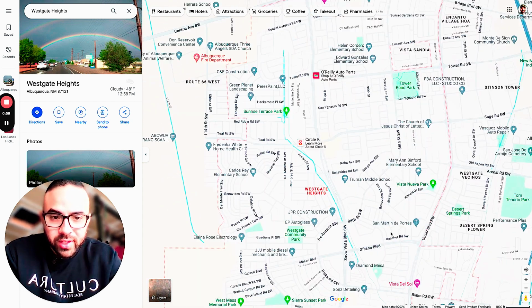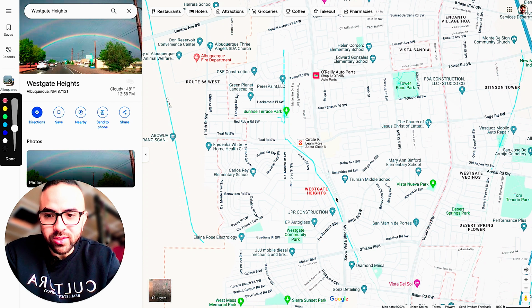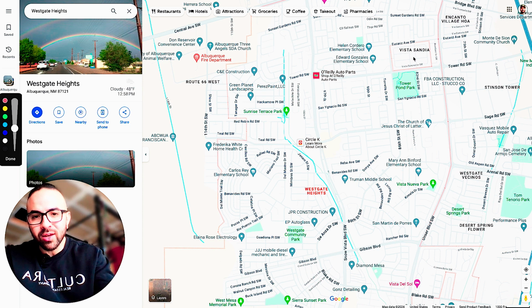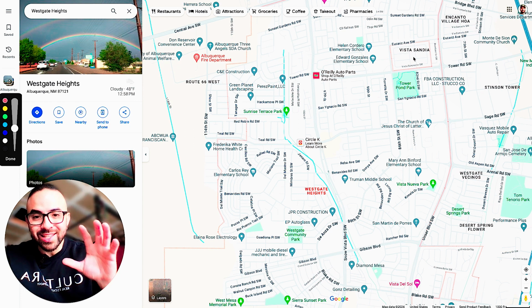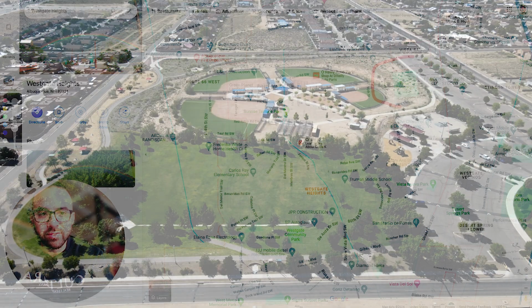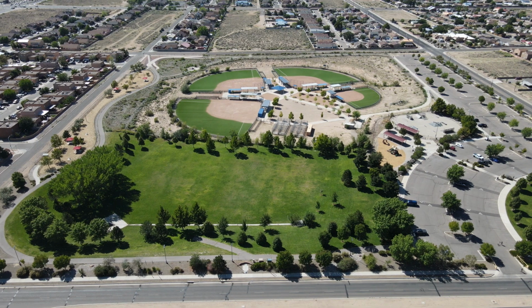Now, a couple of things that I want to point out that are going to be super apparent when it's coming to this side of town. We are going to be looking at more parks, more family-friendly areas, because when they were developing this side of town, they understood that it was just a bunch of sandy hills, and they really wanted to bring more value to the families that are living within this neighborhood, because this is considered one of Albuquerque's most affordable sides of town. So you are going to have Tower Park and Pond, Westgate Community Center, Tom Tenorio,